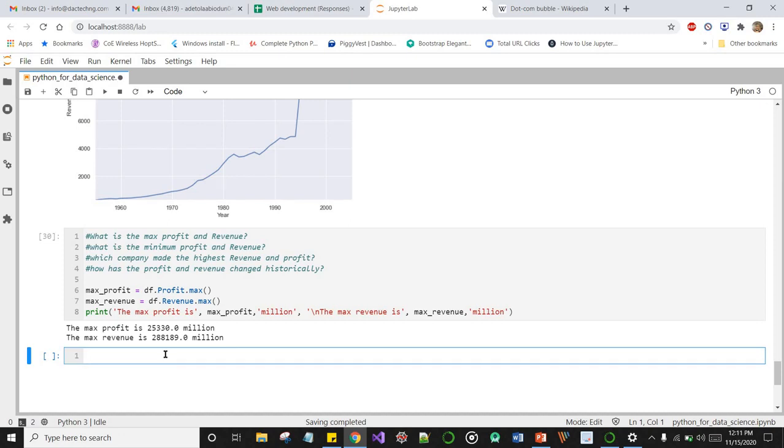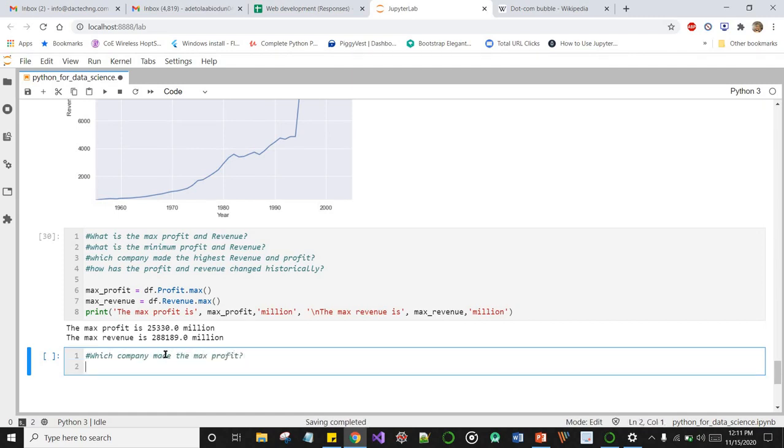Now we have our maximum profit and our maximum revenue from this data set, but we don't actually know the company that made this huge amount of profit. So the question we might want to ask ourselves is which company made the maximum profit? So data frame.loc comes to the rescue, that's one of my favorites.